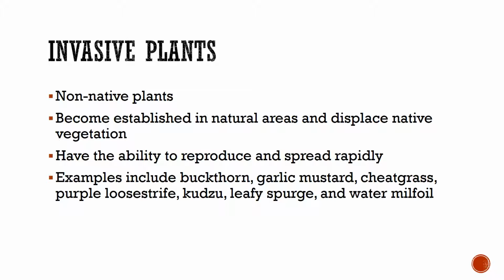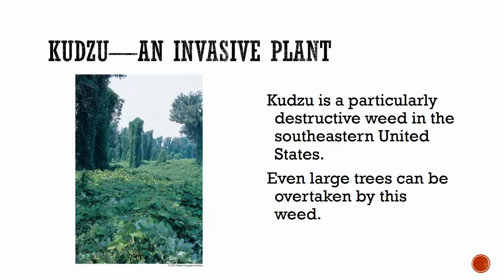And so within a couple of years, if invasive species aren't taken care of, it can be very hard to get them eradicated within a pasture or a field. Garlic mustard's a great example. We see garlic mustard around here a lot. Cheatgrass, purple loosestrife, kudzu. We'll talk about that in just a second. Those are all really good examples of invasive plants, and those plants take different types of management and herbicide to eradicate. So kudzu, this is an invasive plant, and it will grow on anything really.